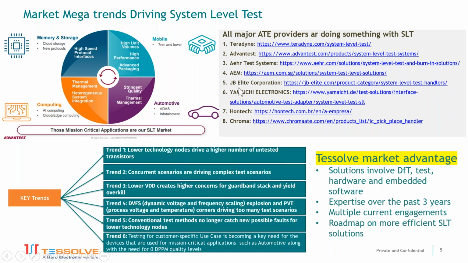Teledyne, Advantest, these are the main ones. They're all doing something in Advantest. There's some links there if you want to go off and look at it. The key trends are, lower technology nodes drive a higher number of untested transistors. And I guess that's the key thing, that in structural tests, we're starting to see more and more untested transistors in our structural test flows. Concurrent scenarios that drive complex test scenarios that you can't